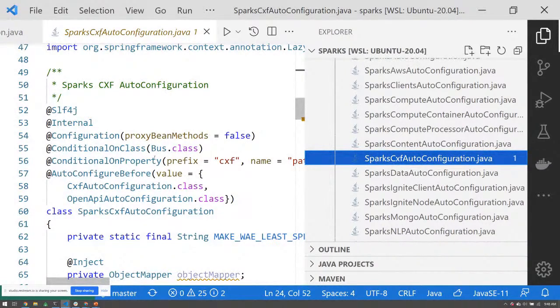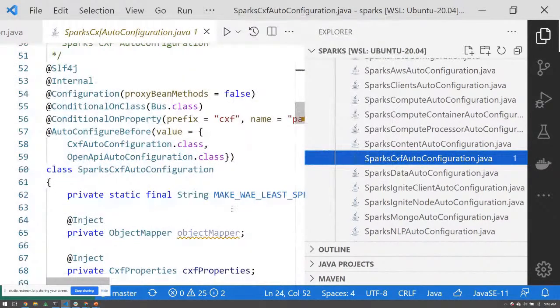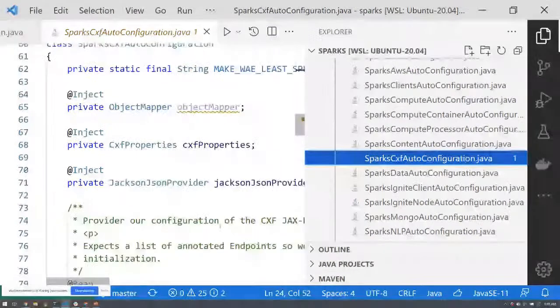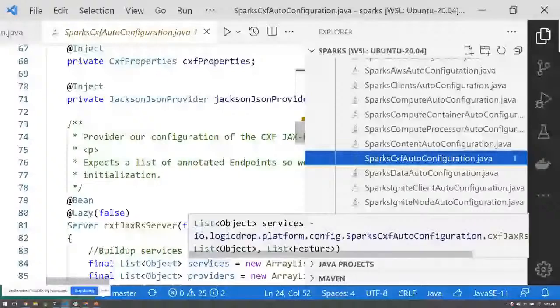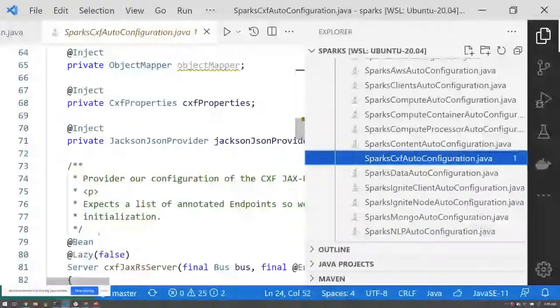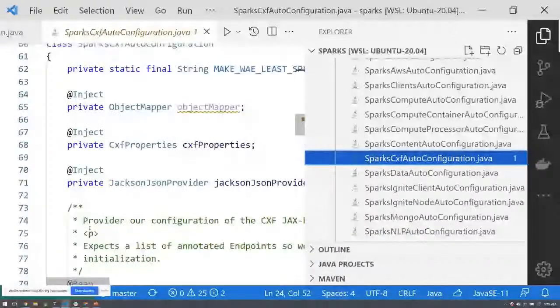So as our platform started to build out, we're building all these configurations, and now we're manually ordering: this one needs to come after this, or this needs to come before this. That by itself is a huge barrier for developers because they need to understand what's being put into play, when is it being put into play, how is it being put into play, and this is even before we get to injection.